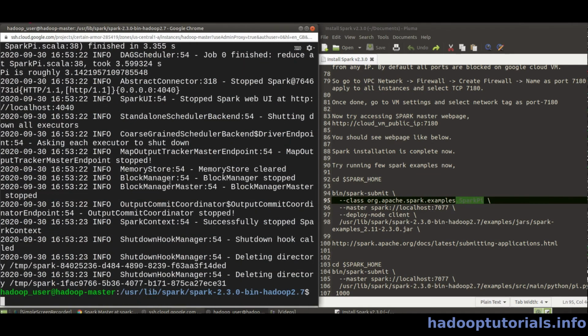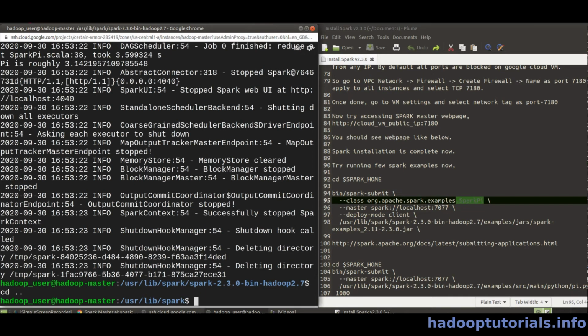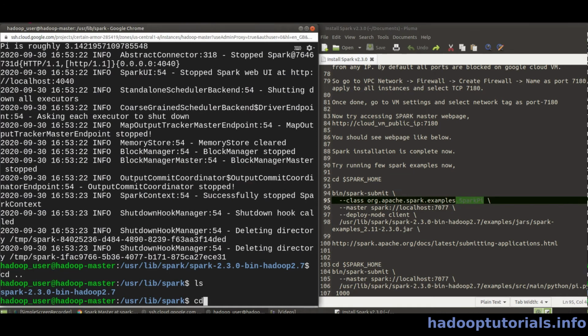As you can see, there are a lot of info messages, so you're probably not going to be able to see the value that it has printed because there are just too many messages. There is a solution to this. What you can do is, if you go into the Spark home folder, sorry, it came back out, so I should go back in here,